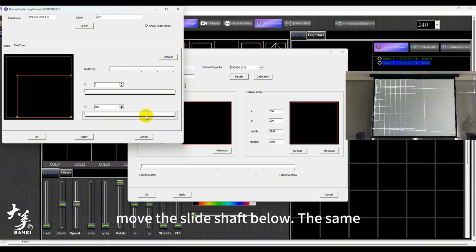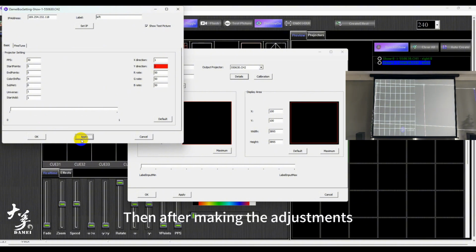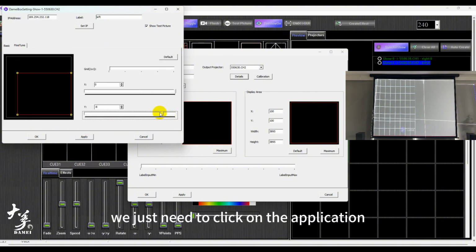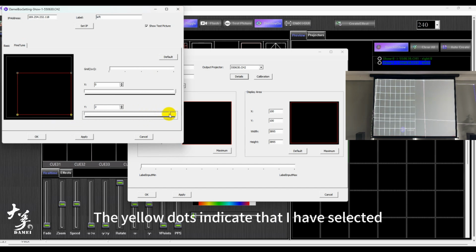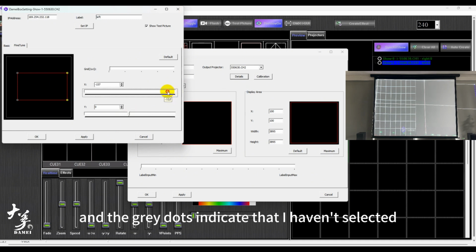Move the slide shaft below the same. If we find that the z-axis is reversed, it can also be adjusted here. Then, after making the adjustments, we just need to click on the application. The yellow dots indicate that I have selected these two dots, and the grey dots indicate that I haven't selected